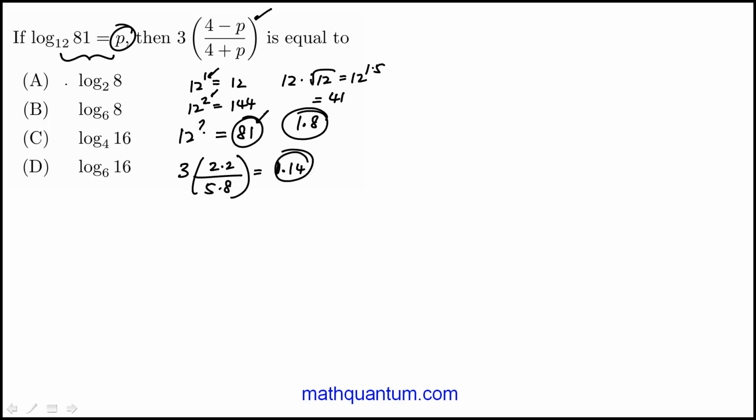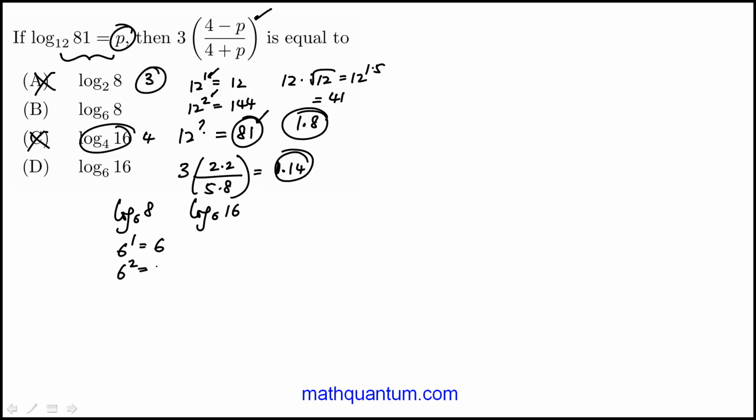So you'll see from this, that one is out because this is 3. That one is 4, so that's way off. So it's really between log 6.8 and log 6.16. So we know 6 to the power 1 is 6, 6 squared is 36, so this is going to be pretty close to 1. So that seems like a good candidate. Now, 6 to the